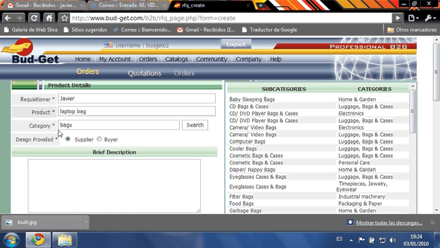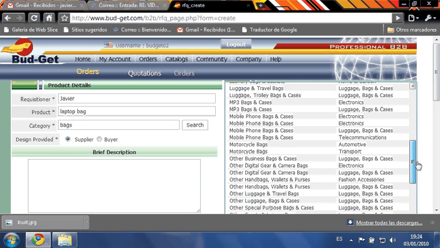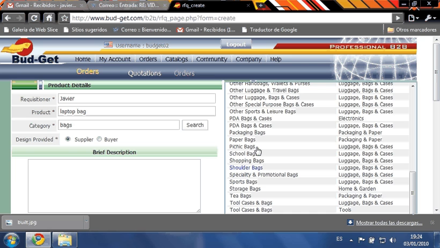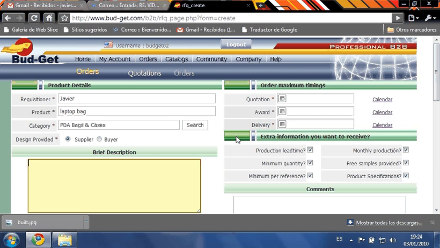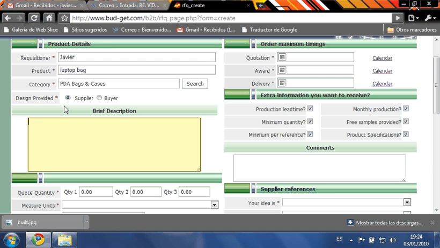Remember to put 4 letters here, otherwise with 3 letters the system will be unable to find your request. Then I will put PDA bags and cases. I can tell supplier that I need his design, or I will include my design. In this case I will use supplier design, and here I will include all the needed information such as measures, such as color, such as logo and printing colors,